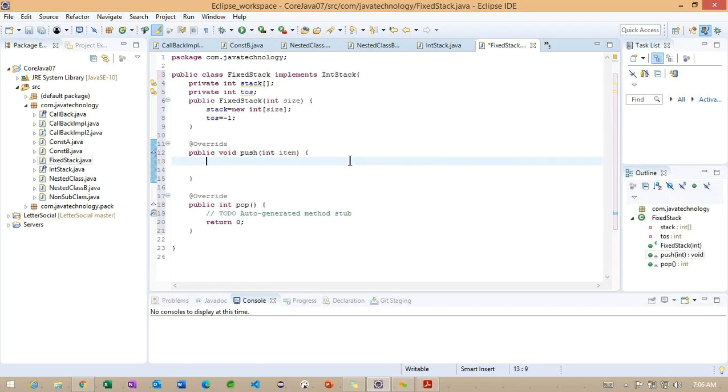Back here, we check with the push method. The same condition I am going to use: if tos is equal to stack.length - 1, as we did in the last class, simply provide the message, stack is full.